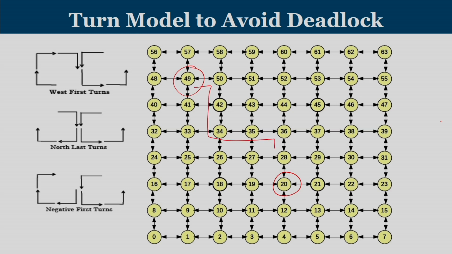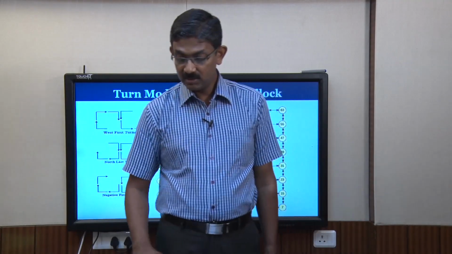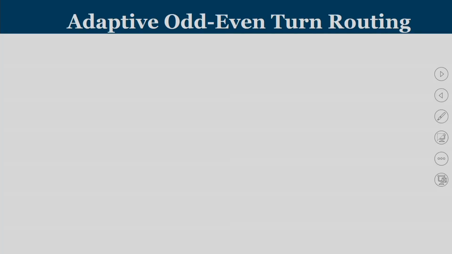This can be one path, or you can take another path. This is also north last routing, because north turn I am not taking. So, there is no question of first and last. Third one can be, I can take like this. I can have various multiple options that are available. So, north last turns means if at all you are taking north turn, it should be taken only at the end. So, this is an illustrative example.